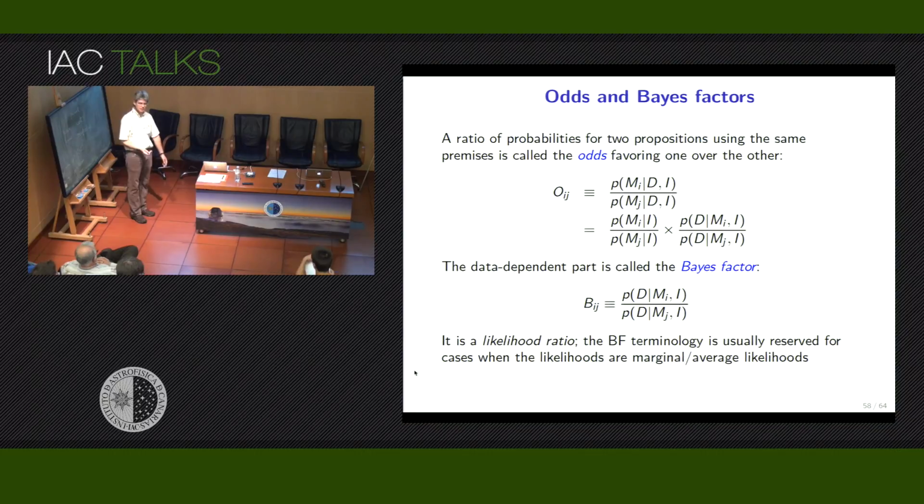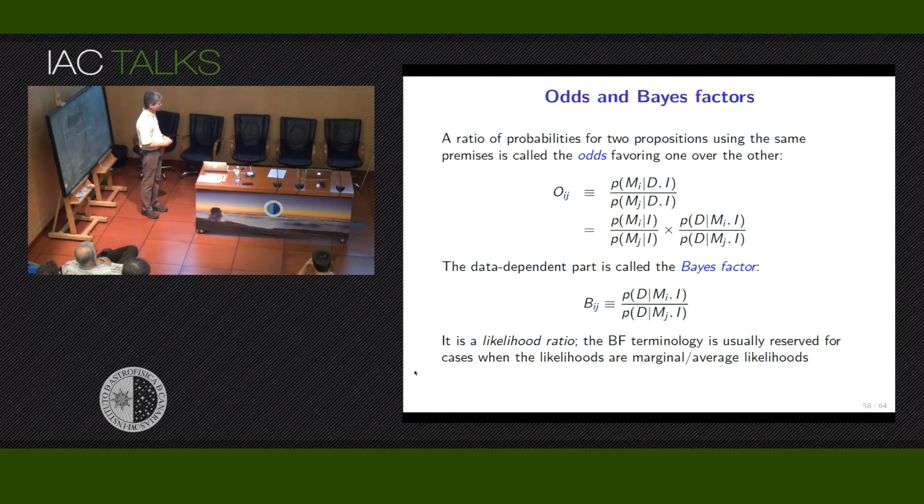If you've done likelihood ratios or calculated delta chi-squareds between models, that's a logarithm of a likelihood ratio, proportional to it. Then you've done things like this. The difference here is that in the space of competing parametric models, you're taking the ratio of average likelihoods, average likelihood function. Whereas the thing that typically arises in frequentist statistics would be the ratio of maximum likelihood functions. And that difference between whether you look at the average of the likelihood, which takes into account parameter uncertainty, or the maximum, which just focuses on the one best fit value, that leads to qualitative differences between Bayesian and frequentist